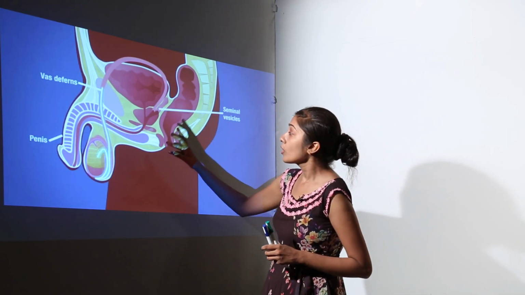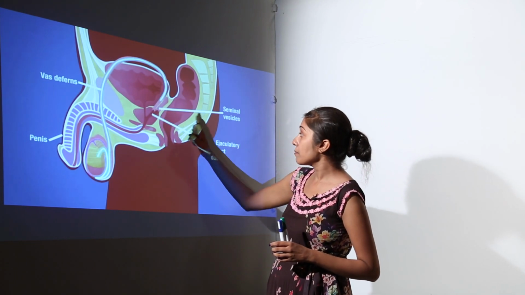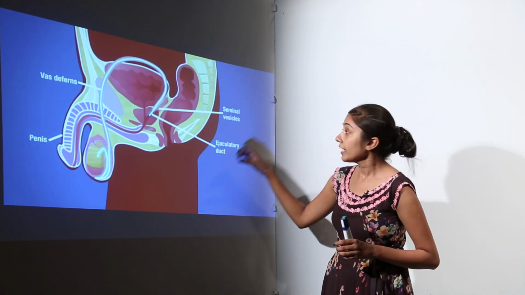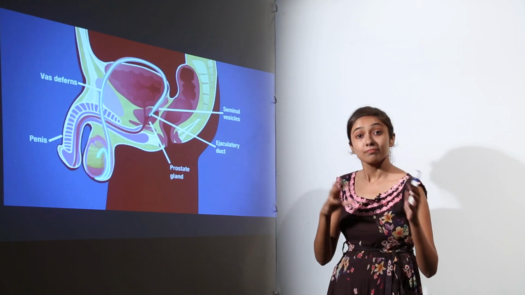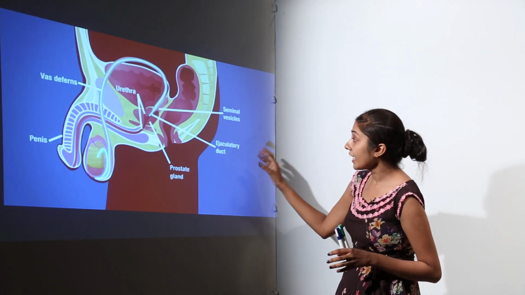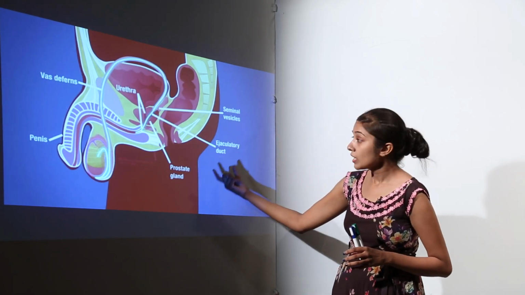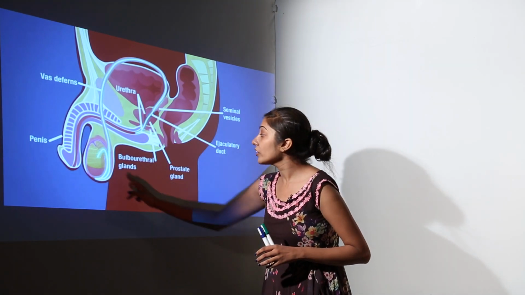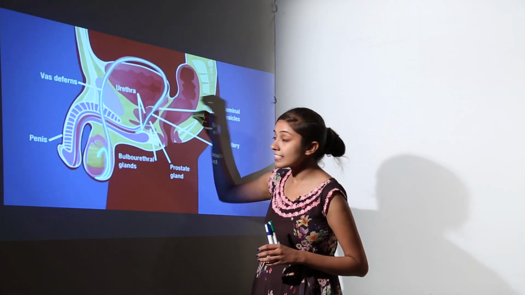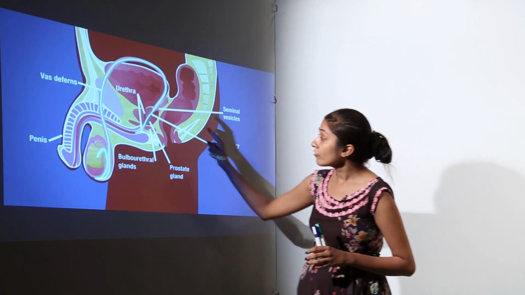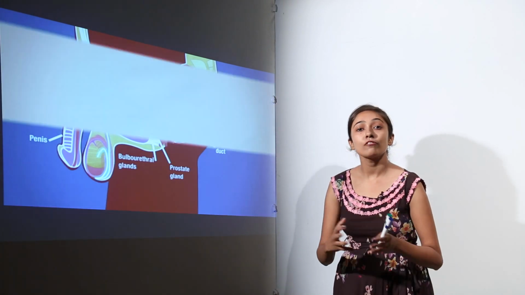So when they are once in vas deferens, then they are going to combine here with the seminal vesicle to form ejaculatory duct. Here seminal vesicle are going to secrete their secretion, by which the sperms are going to get something which we will discuss later, you will see. So again then it joins the urethra, and there is secretion from the prostate gland also, which enters here, and secretion from the bulbourethral gland, which we also call as the Cowper's gland. Okay. So the secretions are mixed in the semen, which is going to contain sperms, and from the urethra it is going to be a common passage for urine as well as for the semen or for the sperms.